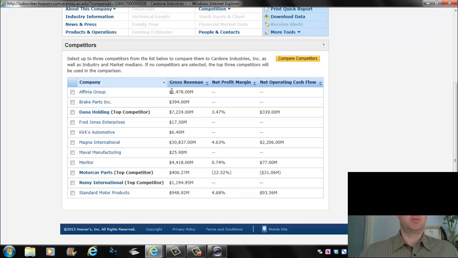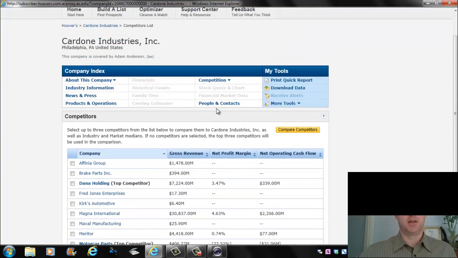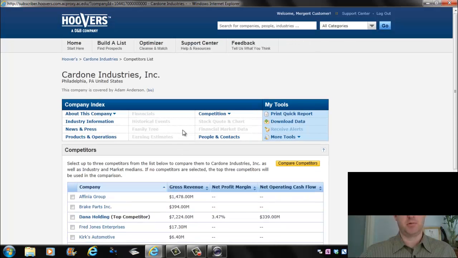Now the difference between those who don't report their financials is that the companies that report are publicly traded, so they have to report that financial information. And you see here there's no financial data for Cardone because Cardone is not a publicly traded company. It's a private company. So anyhow, that's helpful there if you're doing maybe Ceradyne